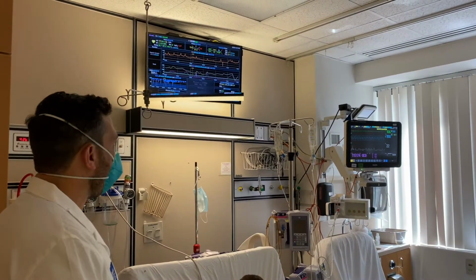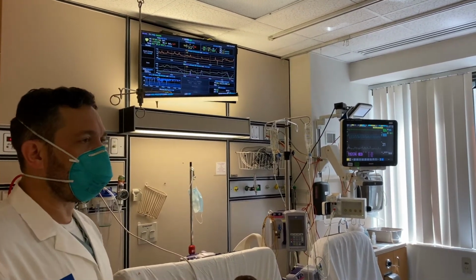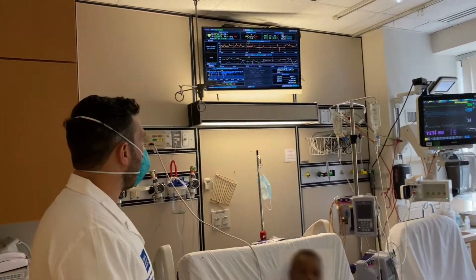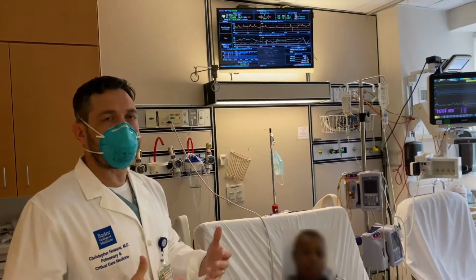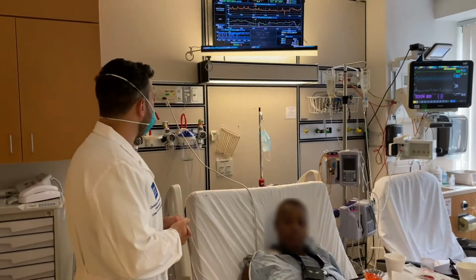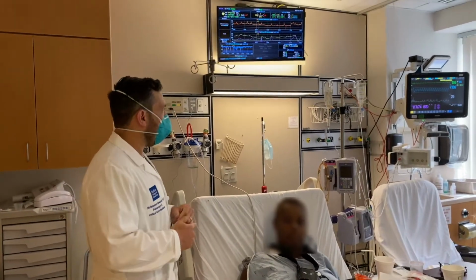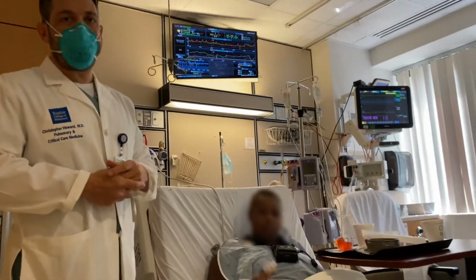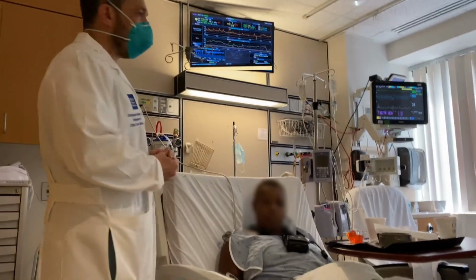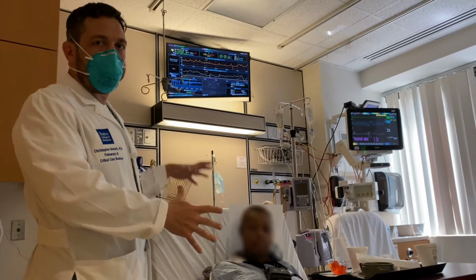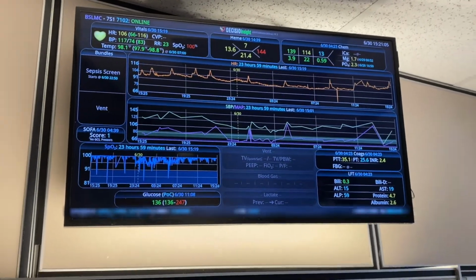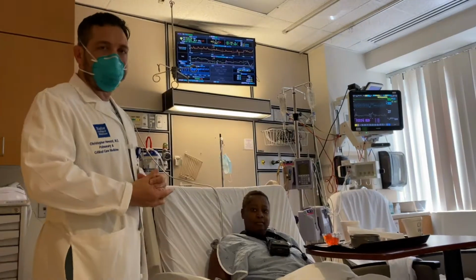It also helps identify critical changes in laboratory values, and it gives us a snapshot of the patient, everything that's going on. It gives us kind of a remote monitoring capability so that we can intervene on the patient's behalf in any way that is deemed necessary. So it's really nice to have. You're able to see the patient and the laboratory values all at the same snapshot. Just by quickly walking in the room, you can know exactly what's going on with the patient and determine